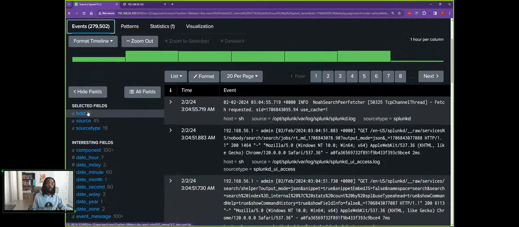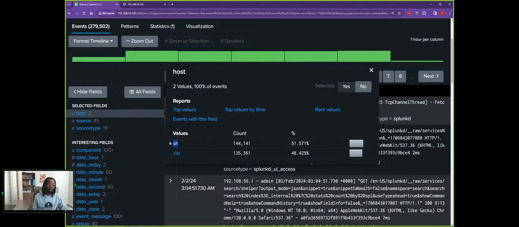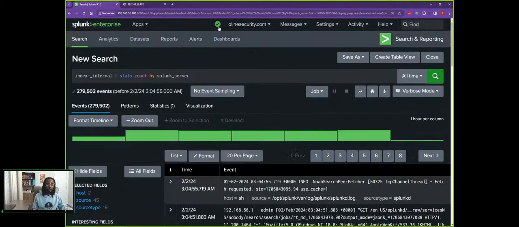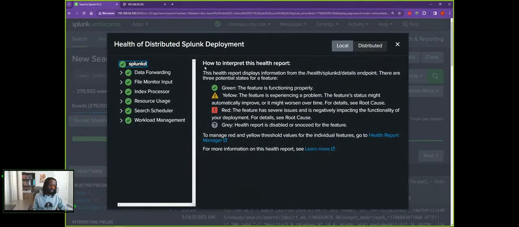If I wanted to look at all the hosts, we can see that we're getting events from the search head because we're logged into the search head, obviously. And we're getting events from the indexer. So it is working perfectly. It's healthy. We got all green checks right here. If it wasn't working, if we couldn't pair, if we couldn't query the indexer,